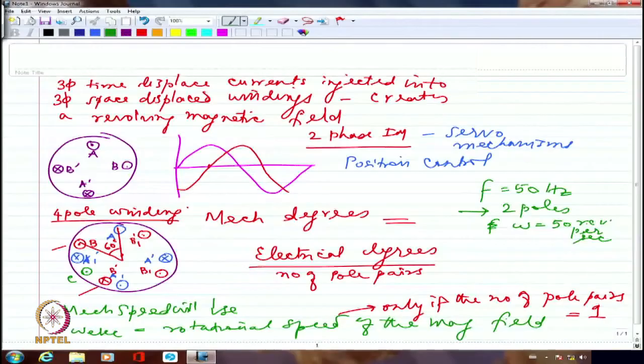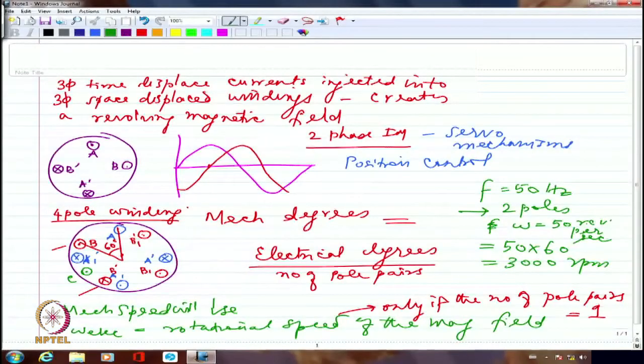Right? Because both of them are exactly the same. 50 times oscillations correspond to 50 revolutions. Right? So this is 50 revolutions per second, or I can say 50 multiplied by 60, which is 3000 RPM,